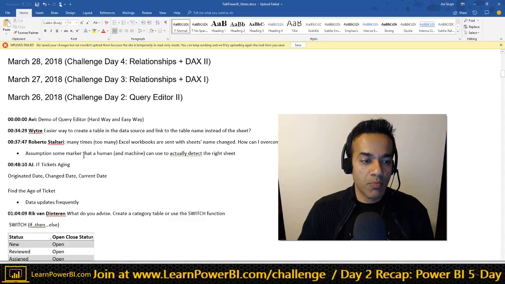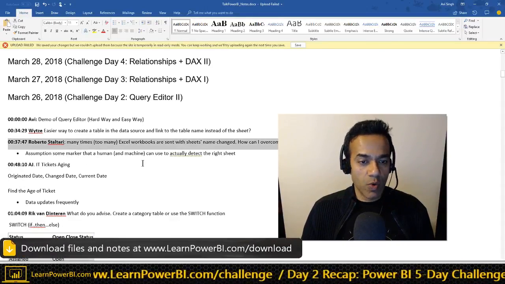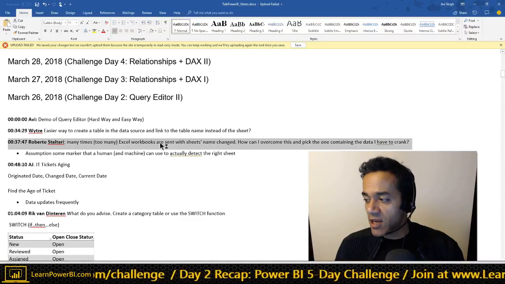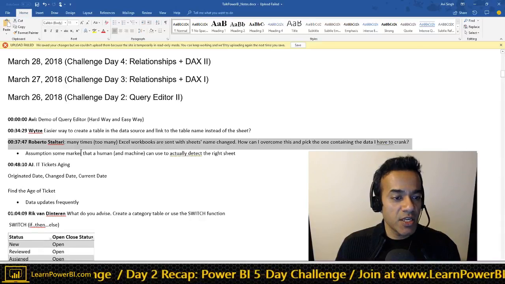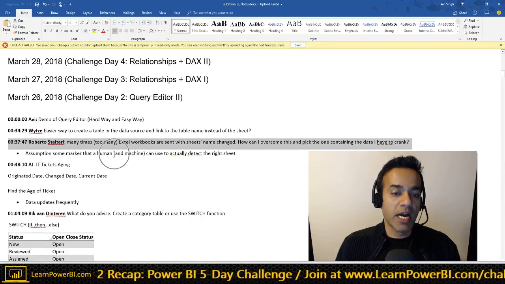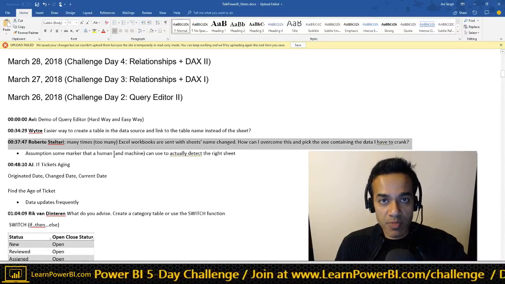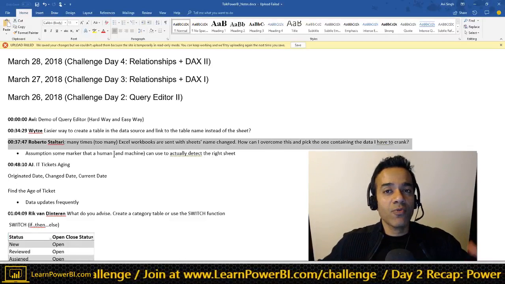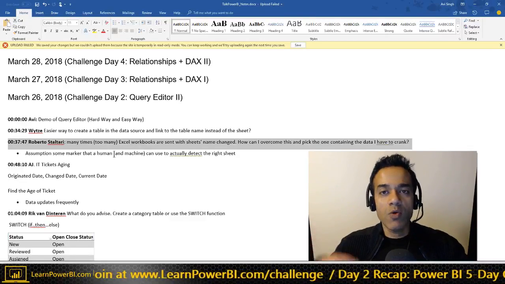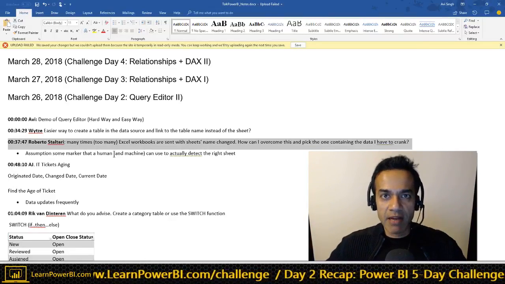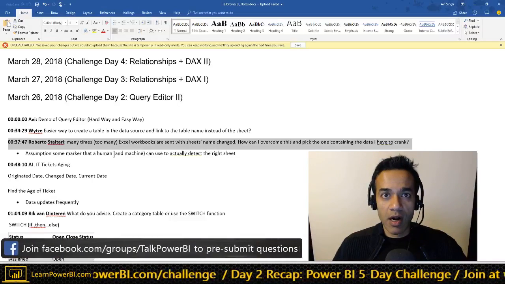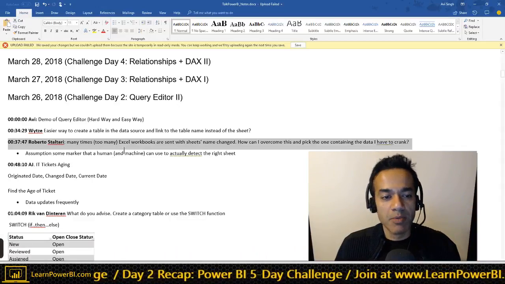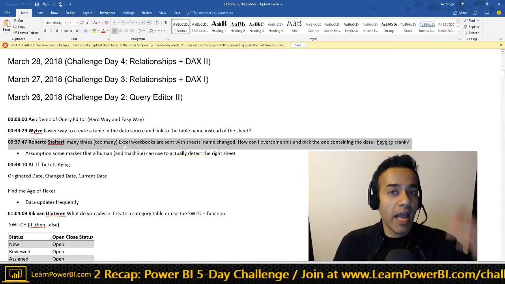I liked Roberto Staltari's question as well, and that was kind of brilliant and highlights what you have to deal with when you're dealing with real data sets. So Roberto's scenario was that he's getting an Excel workbook from some source, but the sheet name keeps changing. And of course, I hate having to do any manual step, because I get everything to the point of automation where even one manual step throws a wrench in the works.